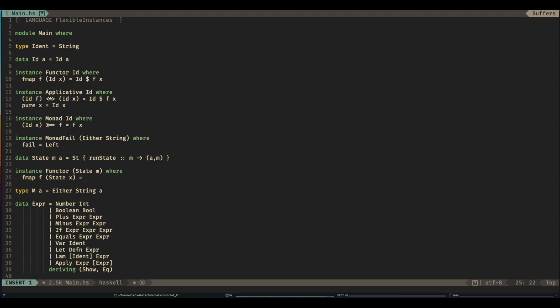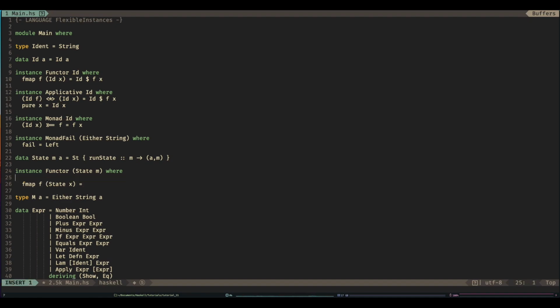X, I know it's a function, but we're going to call it x. So what we have to do is think about what we are going to return. Writing out the types in these really matters to help you. So fmap is of type (a -> b) -> f a -> f b. And of course I need to say Functor f. Okay, so here we have our a to b, here we have our f a, and now we need to return